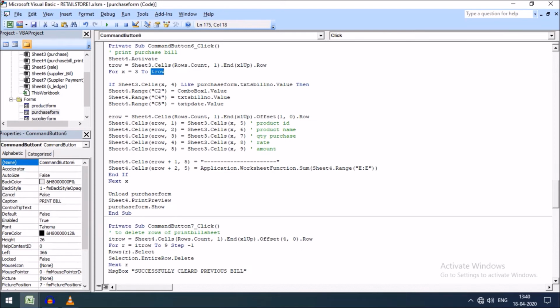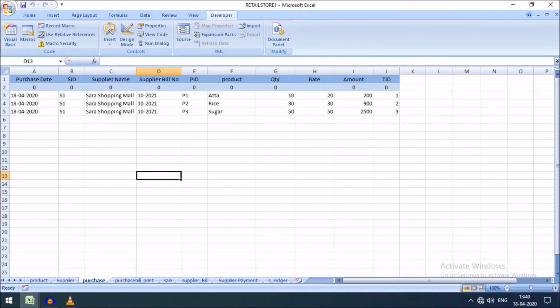Then I have used an if statement, that is if sheet 3 dot cells x comma 4. You can go back to sheet 3. This is the 4, if this bill number matches. Only if this bill number matches, you can see.